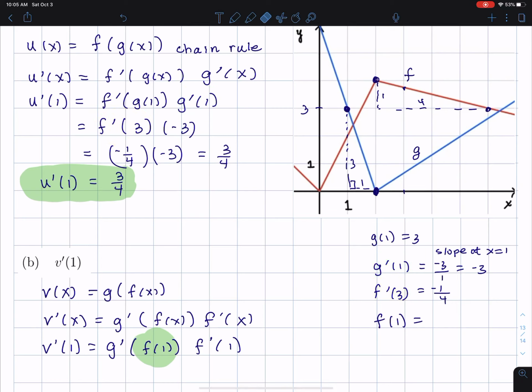Take away the other highlights for a moment. Okay, so let's look at f of 1. F of 1 is found by that point that I just drew on the graph. It's the red part there, so that's going to be 2. And then f prime of 1 is